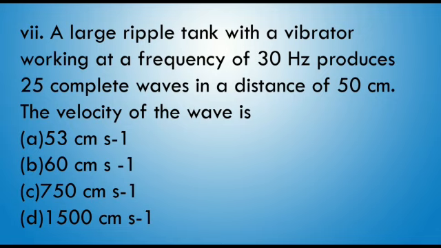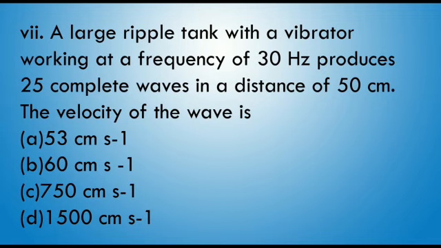MCQ number 7. A large ripple tank with a vibrator working at a frequency of 30 Hz produces 25 complete waves in a distance of 50 cm. The velocity of the waves is. That is, if we have a ripple tank working with a vibrator having frequency 30 Hz